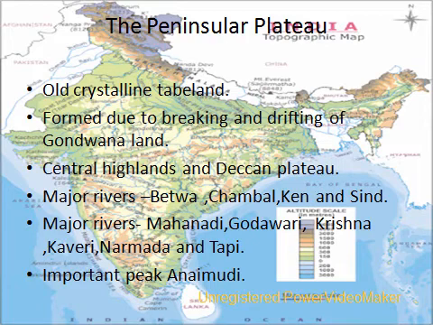Major rivers of the Central Highlands are the Chambal, the Sindh, the Betwa and the Ken, which flow from southwest to northeast. It is wider in the west and narrower in the east. Eastward extensions are locally known as Bundelkhand and Baghelkhand. Its further eastward extension is the Chota Nagpur Plateau. It is drained by the river Damodar.